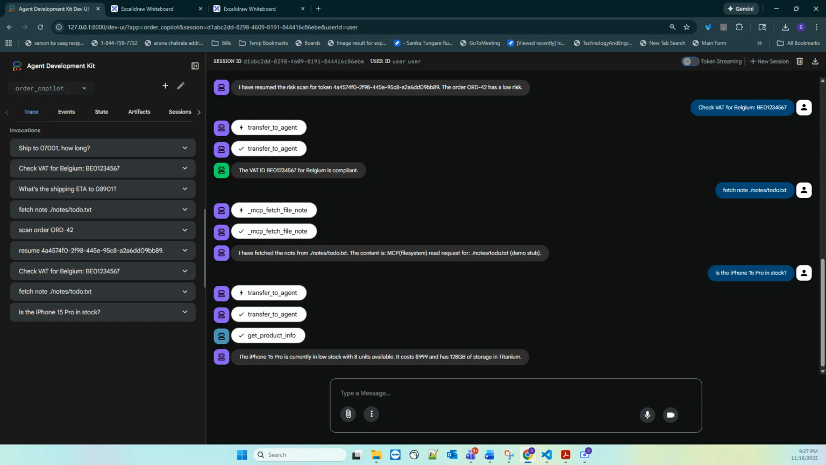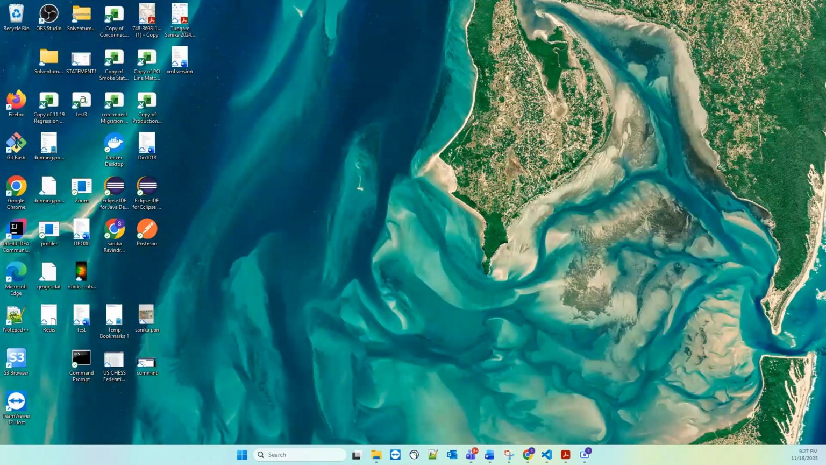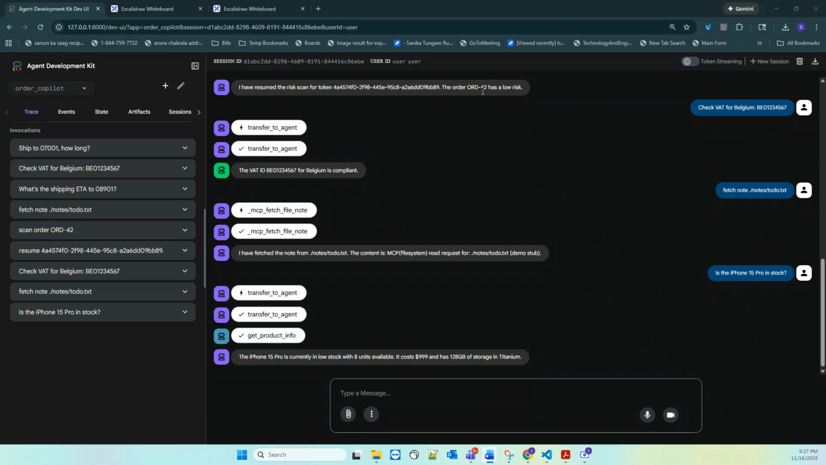So here is the ADK, and here you can see the trace, events, state, artifacts, and the sessions. So you can see how each question works. Suppose I'm asking a simple question, is iPhone 15